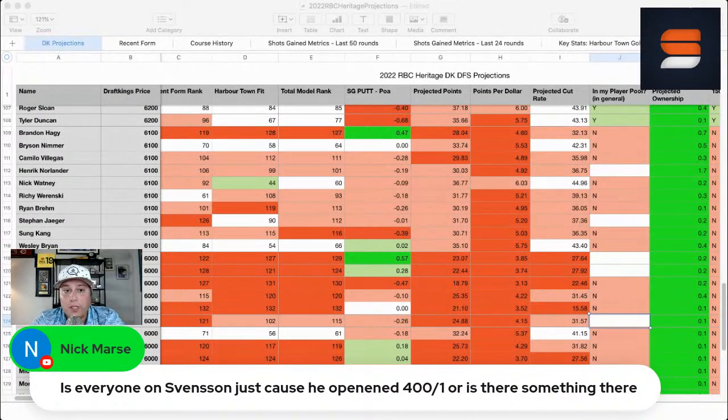But more importantly, the Florida golf courses are positional golf courses where ball striking matters and making sure that you're accurate off the tee matters. That's what matters at Hilton Head, right? So if there's a correlation between those types of golf courses and what we're going to see this week, I think you want to try and be early on Adam Svenson, particularly somebody who's a rookie like him,